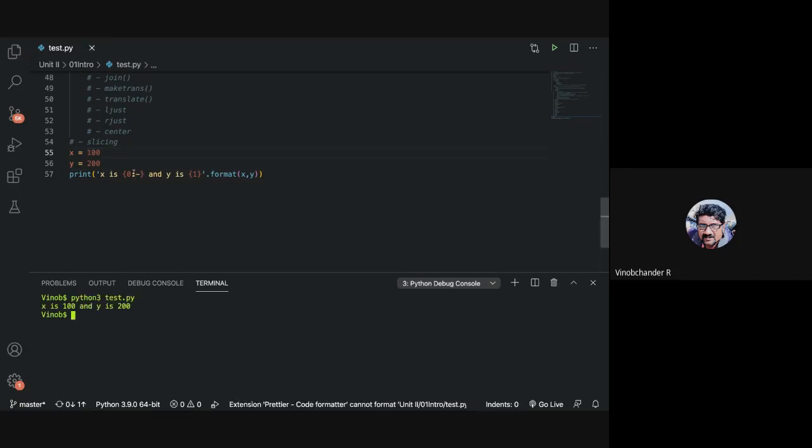Rather, if you say it this way, and this is minus 100 explicitly, the sign is reflected.